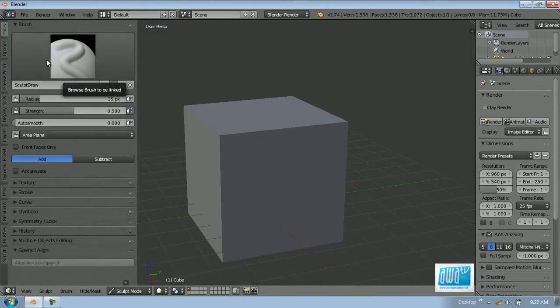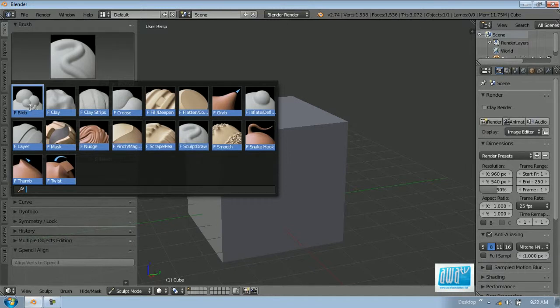So starting off, we have the brush preset, or our brush. If you click on it, then you get the blob, clay strips, crease. These are just brushes which you can use in your sculpting. Let me give you an example of them. If I choose the nudge